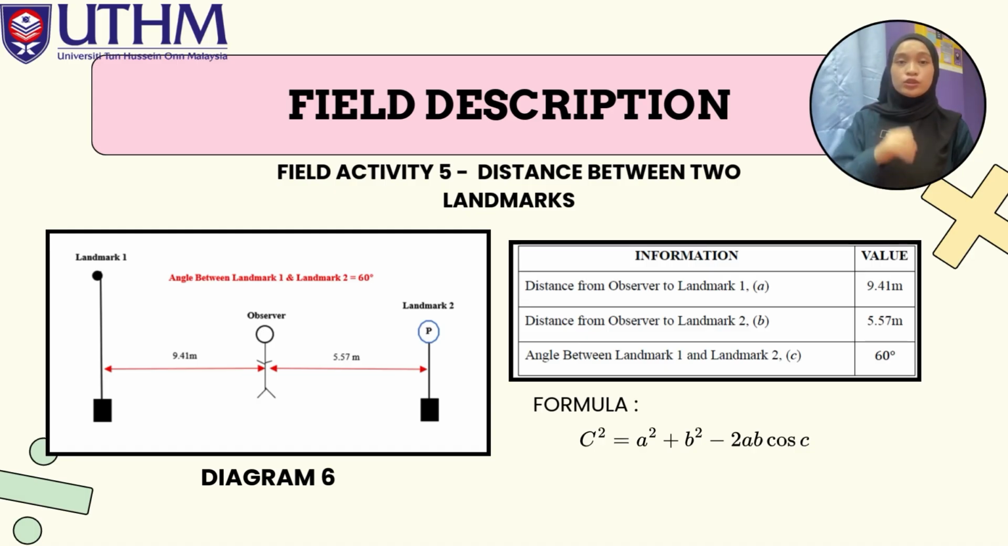These 3 values, 2 distances and 1 included angle, form a triangle that allows us to calculate the unknown distance between the 2 landmarks because we know both side lengths and the angle between them. The most suitable method to use is the law of cosines. The formula for this method is written as c squared equals a squared plus b squared minus 2ab cosine C. This formula enables us to compute the third side of the triangle, which represents the actual distance between landmark 1